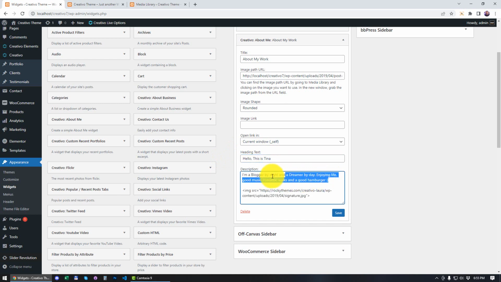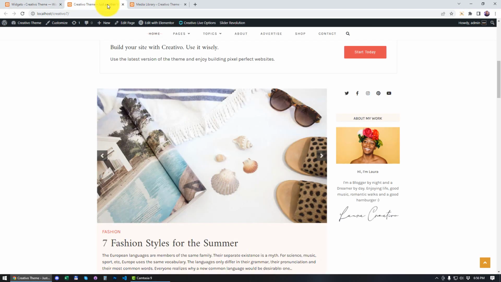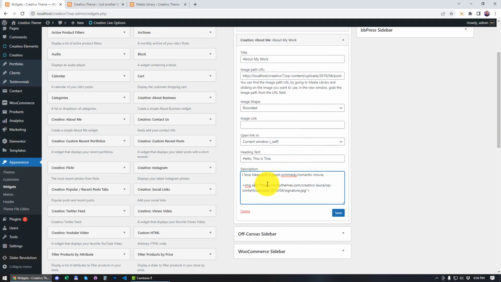I'm a blogger by night. You can change this or delete it completely. I love hikes and the good comedy romantic movie, I don't know. This here is actually an HTML code. You don't actually need to know any of this. If you want to keep having a signature here, all you have to do is